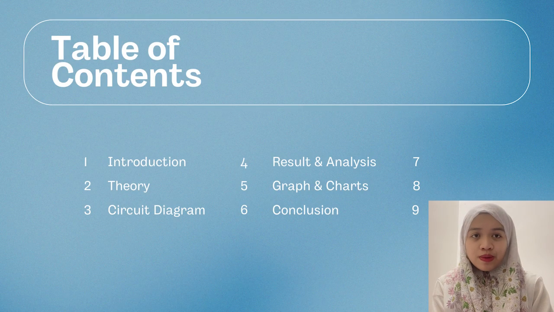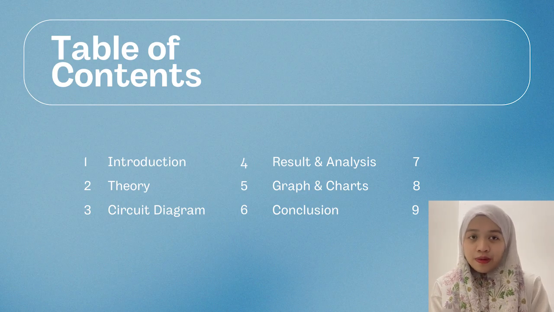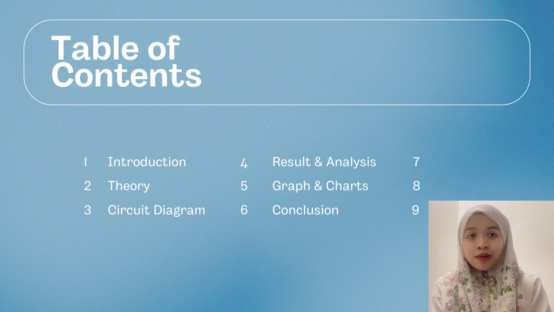Firstly, let's take you through the table of contents of our report. This will give you a clear overview of what to expect and help you navigate through the sections more efficiently. We will start with the introduction. This chapter sets the stage for what's to come, providing background information and outlining the main objective and scope of